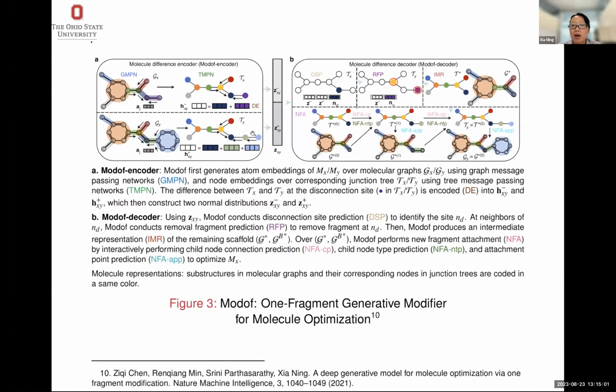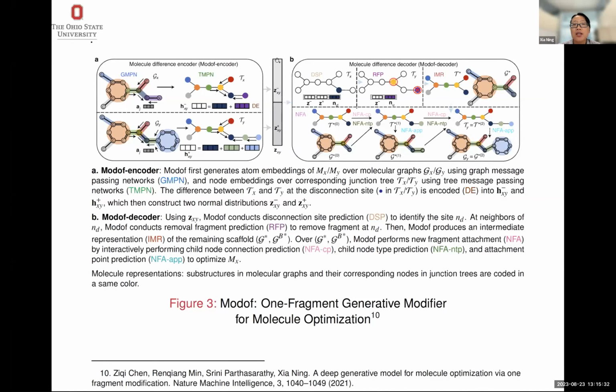So from there, we have representations of the small molecules, and the difference of those representations can be considered as the difference of their structures, and we represent the difference of the structures in the latent space. Following the variational autoencoder idea, it's going to be some Gaussian distribution. And the unique thing here is in our latent space, we have two